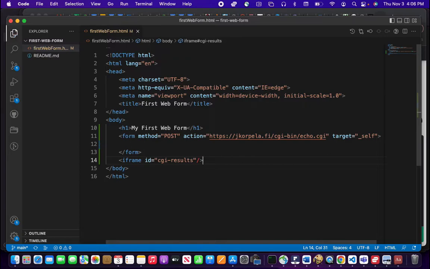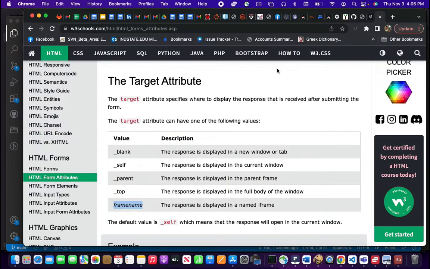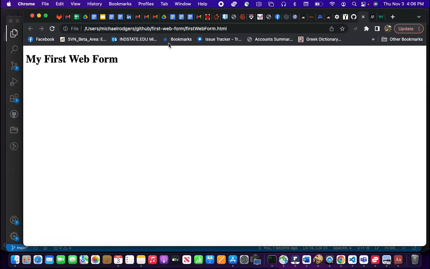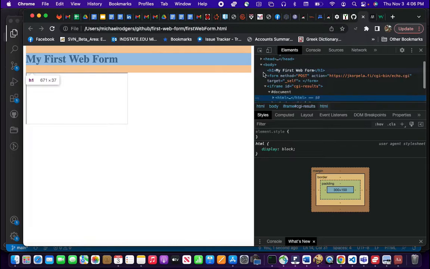Okay. If we save this at this point, go back to our page and refresh it, all we have here is this blank iframe. That's what this is. It's the iframe. If we inspect it, we should be able to see that